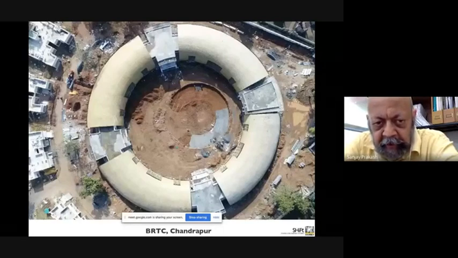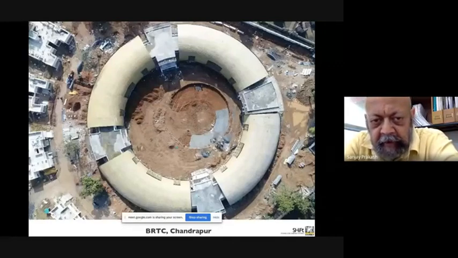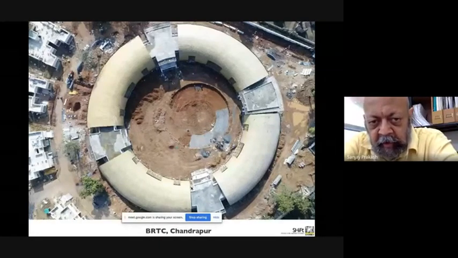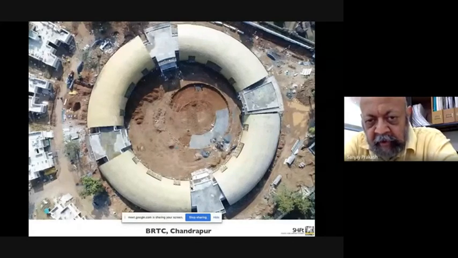So this is an aerial view of the construction site as it was just before lockdown, and it is more or less completing now. So what you see here are bamboo shingles on top of the vaulted curved roof that has these four rings that make a kind of donut. You also see the beginnings of the amphitheater that is coming up in the middle of that large courtyard that defines the training center. On the left, you see some of the concrete buildings that had to be completed earlier, and therefore PWD had designed them and gone ahead and constructed them.